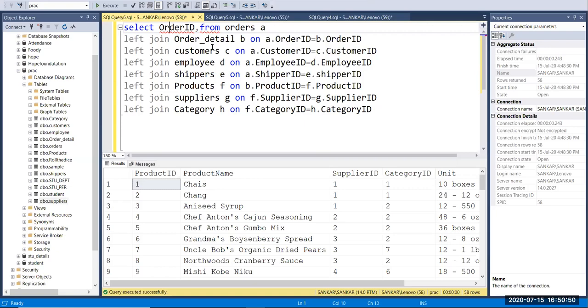Order ID is in the orders table and also the order underscore detail table, right? So here we have A and B. Orders is A and order detail is B. So you have to specify by using the dot symbol where you get it from, right? So here I'm going to get it from A dot order ID, that is A dot order ID, where A is orders, right? So I'm going to grab the column from orders.